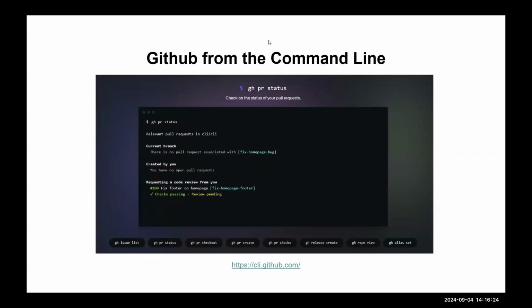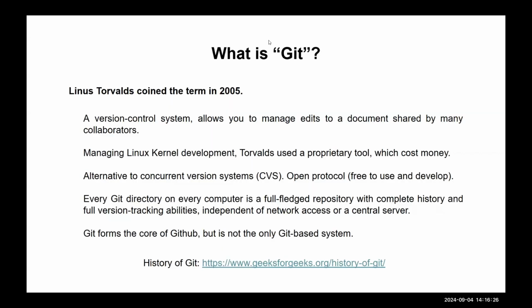So if we go back to that GitHub repository, I'm showing you the directories in the repository. You can actually download a desktop version of it, where you can download the repository to your desktop. You can have those as working directories, and then you can upload and synchronize those to the GitHub server. So you can work in the cloud, or you can work on your desktop, and it mimics what you would do in a desktop environment. I have a history of Git article there if you're interested in learning more.